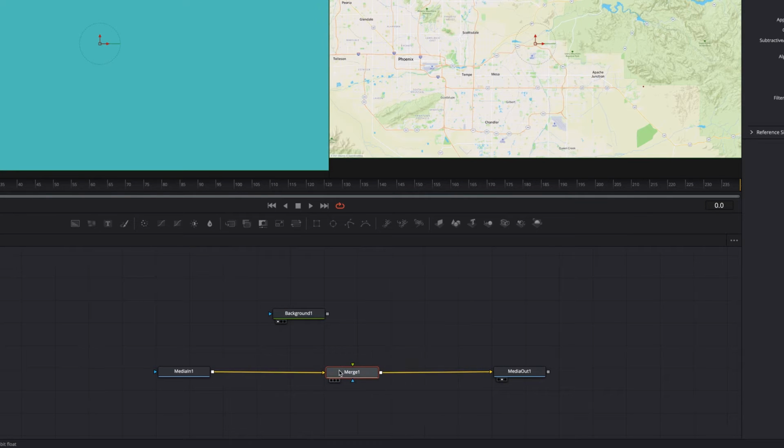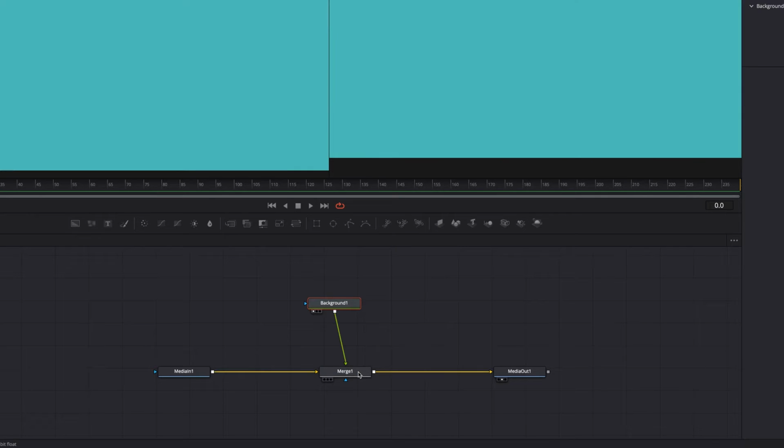So there's the merge. I've got my media coming in, and it's being merged with nothing, so on the output it looks the same. Nothing's happened to it. But if we take the output of our background graphic and connect it into the merge, now